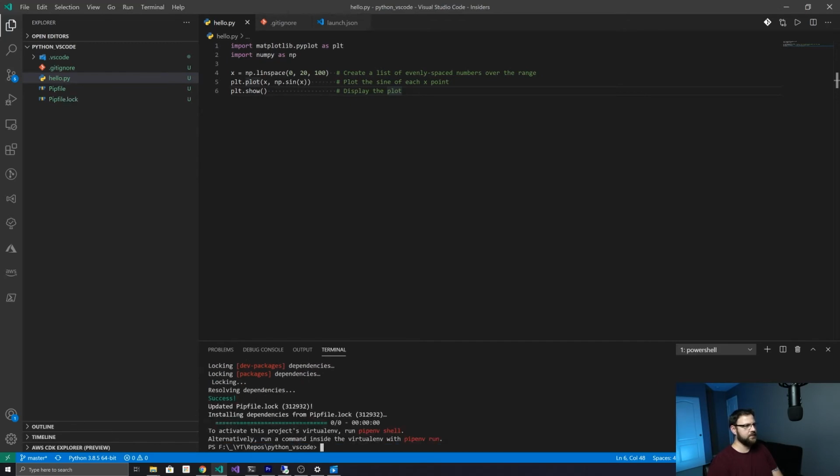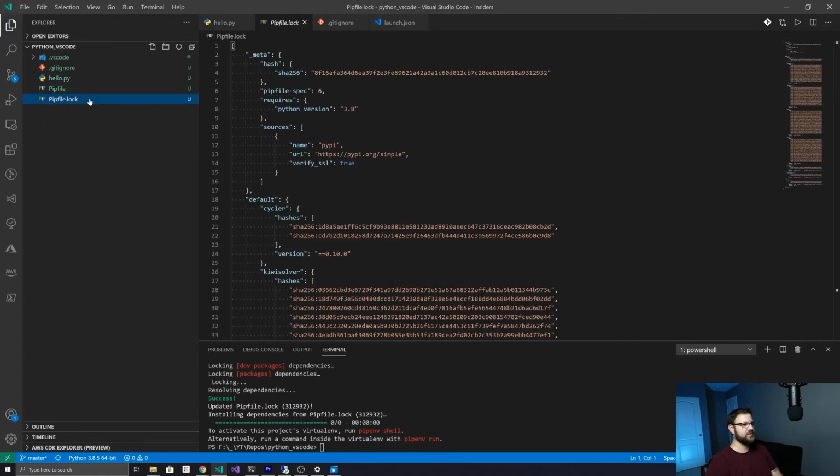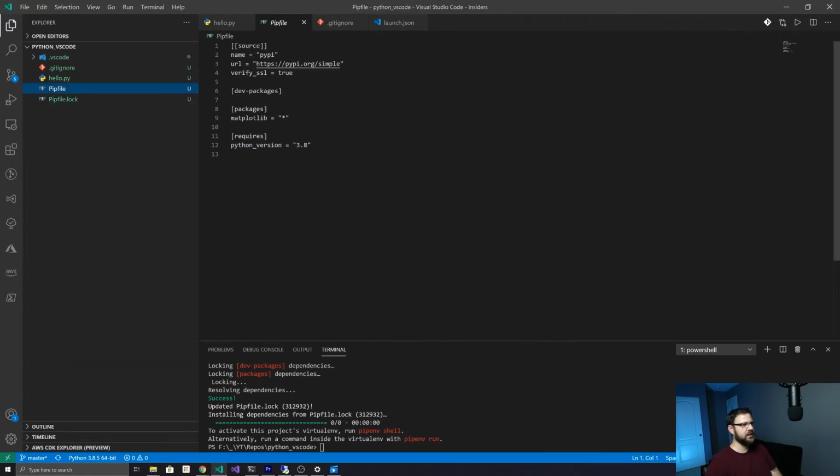And then, okay, so now, much like npm, you have a package.json file and then package-lock.json. And so here you have a Pipfile and a Pipfile.lock. And so this probably will look pretty similar to the way a package.json would. And then here is our list of packages. You have packages and dev packages, and which version of Python it's required. And then there's no more virtual environment here because the virtual environment is saved on your machine in a different place. So I'm going to get that directory and we will save it